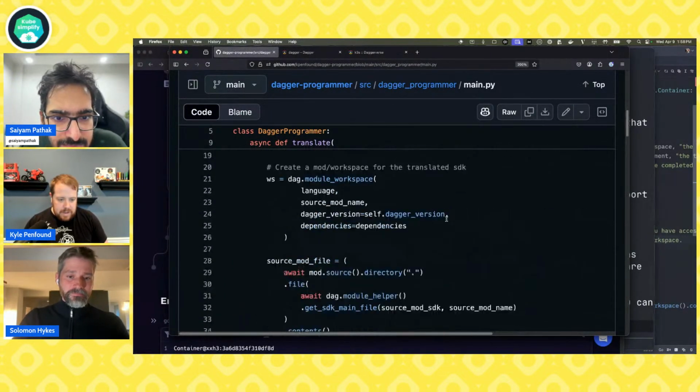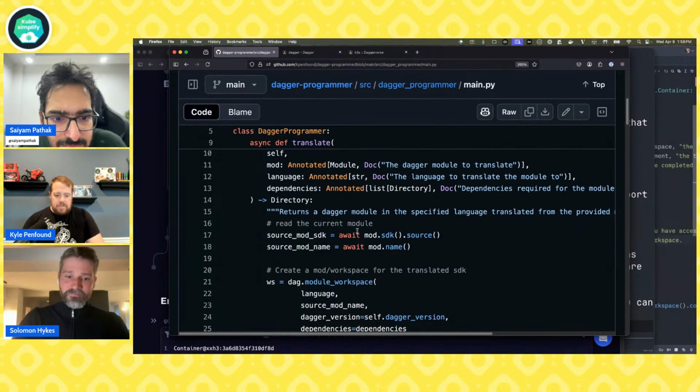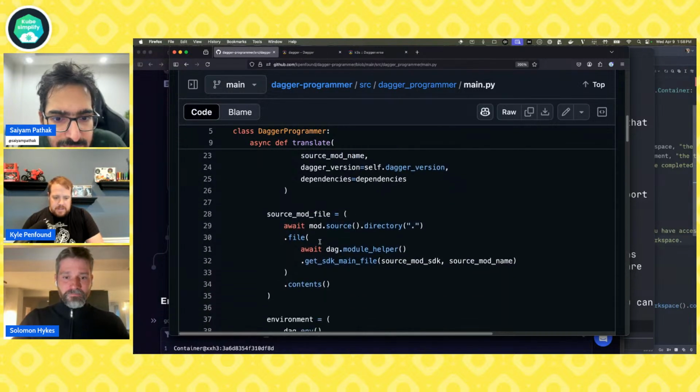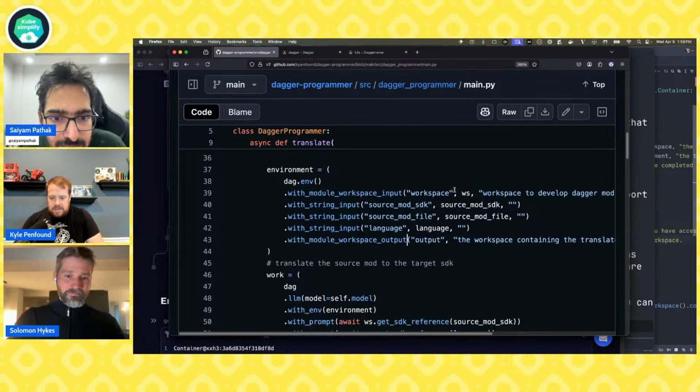So in our translate function, we're going to figure out the module we passed in and its SDK. We're going to create an environment that has a bunch of inputs and an output. Just like we did with our really simple agent earlier, where we said, here's your module workspace, which is another specialized set of tools I gave it for writing Dagger modules.